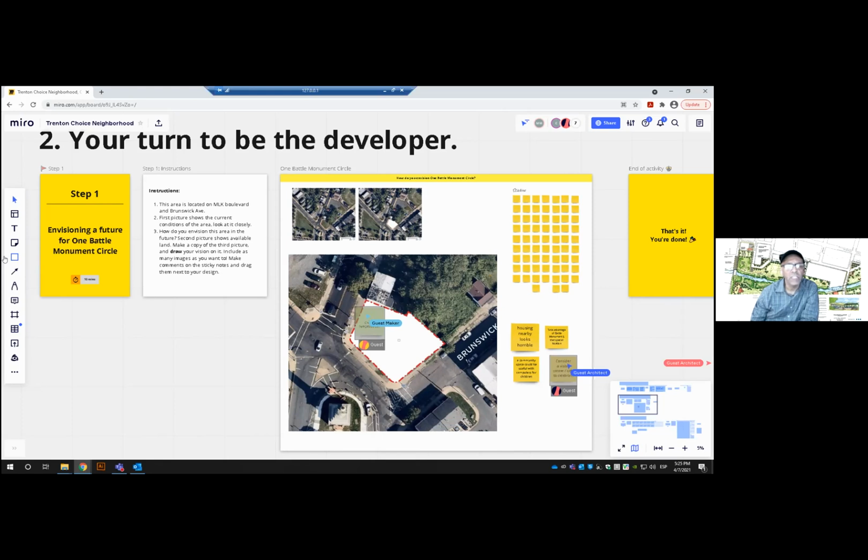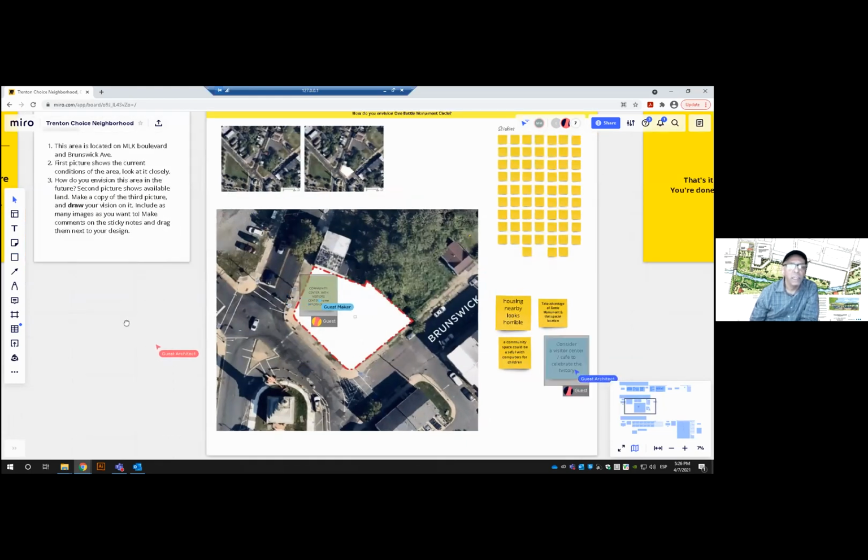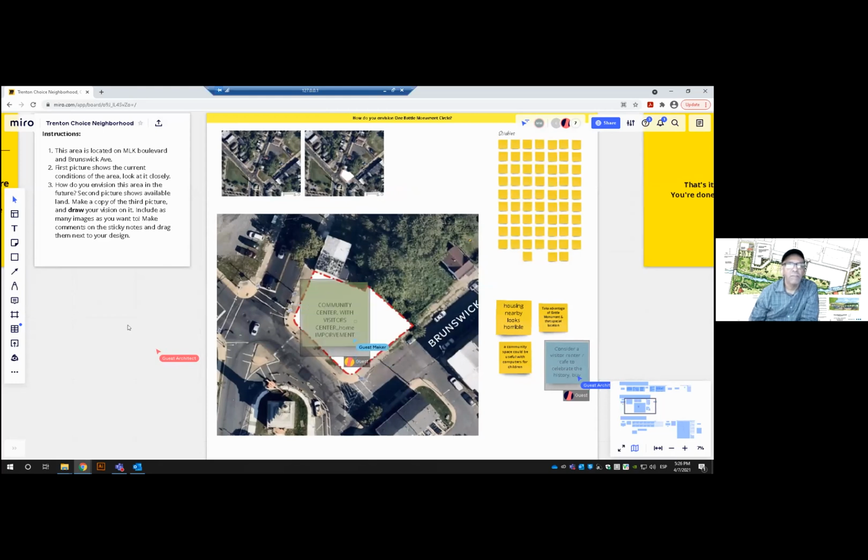So let's take advantage of that very sacred location, highlight that, and perhaps put something that would generate income, like a visitor center or a commercial area where visitors can come, relax, hear about the Battle of Trenton, buy souvenirs about Trenton, visit the Battle Monument, and move on to other historic areas. But let's not put something there that isn't in keeping with the value of that particular property.